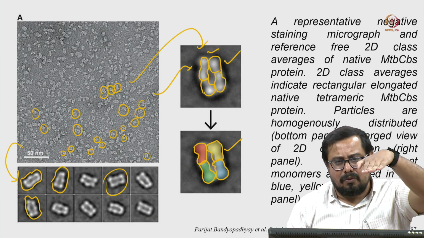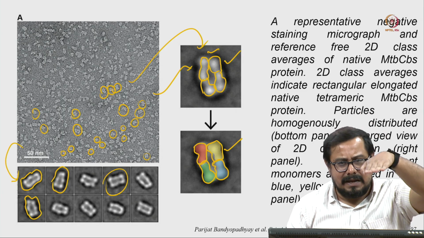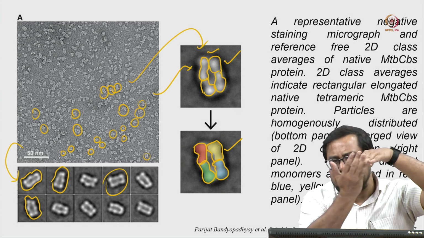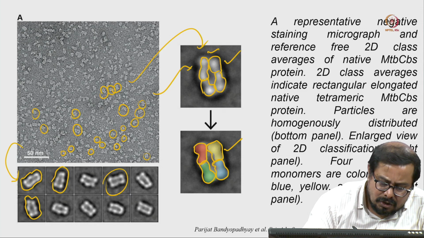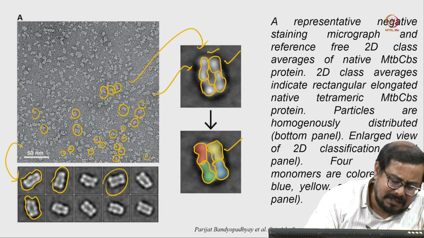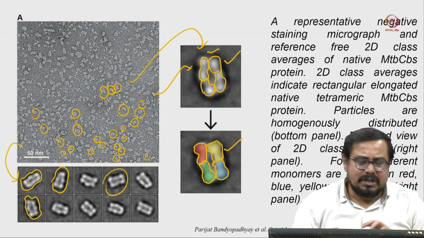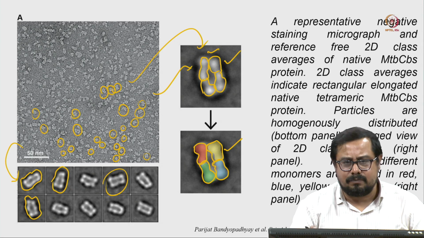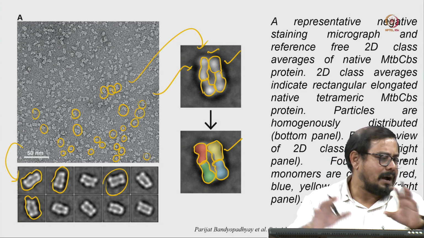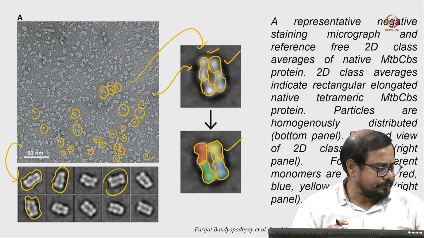Now, if you rotate this protein by 90 degrees, you can see the other view of these molecules. This is another view of the same protein. From this you can get an idea of the orientation of these protein molecules, as well as how they are interacting together.